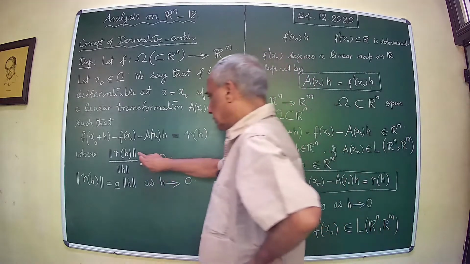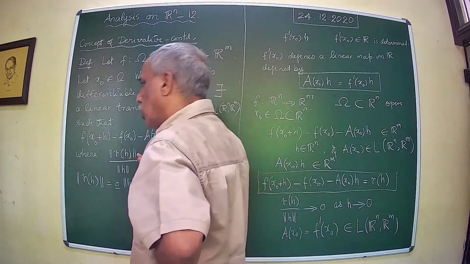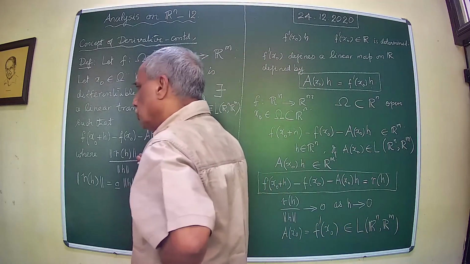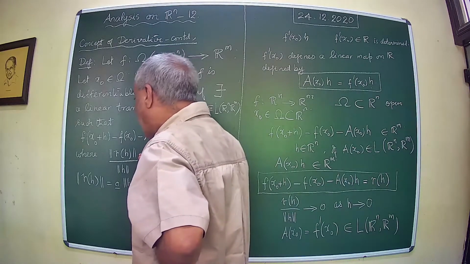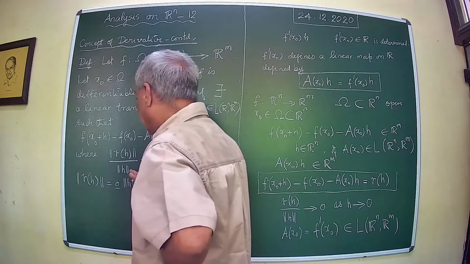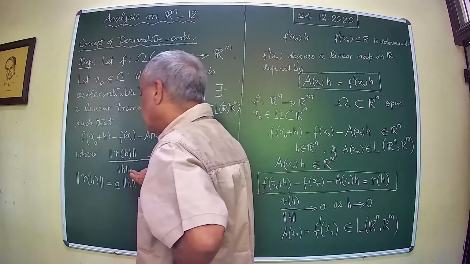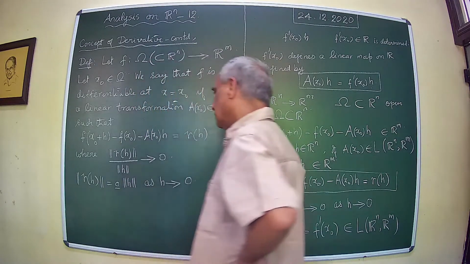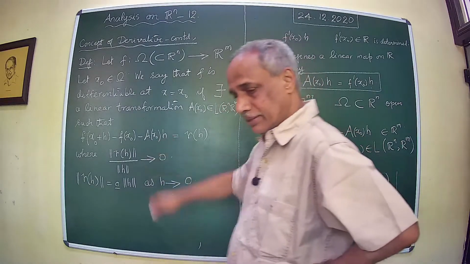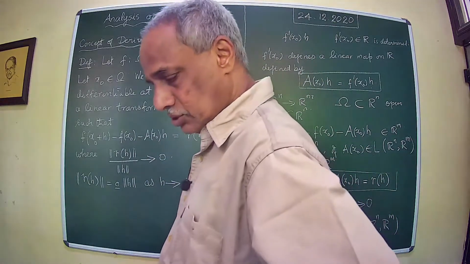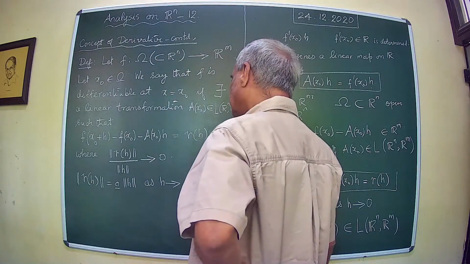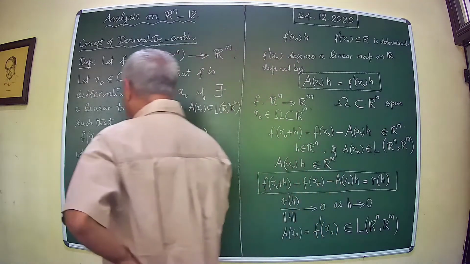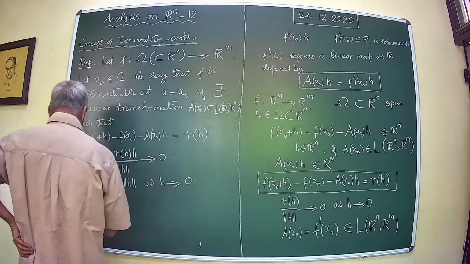Now just remember that the norm appearing in the numerator is the norm in R^n, whereas the one in the denominator is also the norm in R^n. Okay, but suddenly it doesn't matter at all. So this goes to 0. This is also equivalent to saying that,